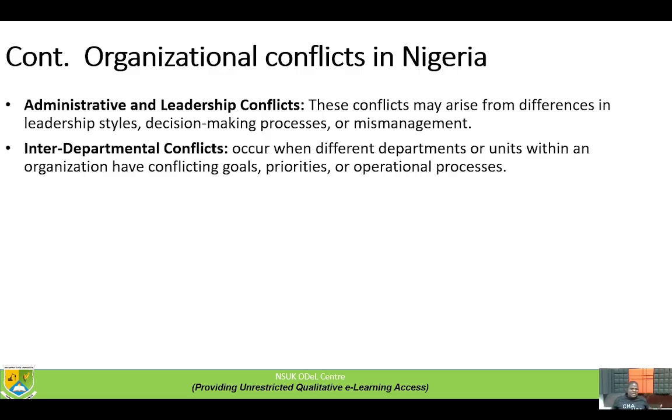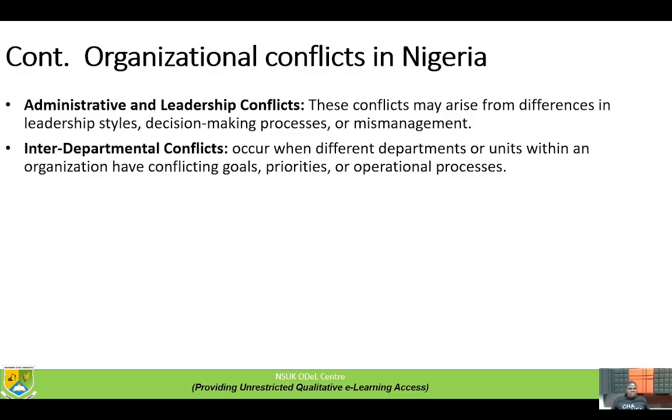It's expected that, just like one of the functions of management, the function of directing, all efforts, strength, and energy should be channeled towards one direction in arriving at a very common objective. But when various departments begin to look differently based on the roles and the goals of the organization, it has a way of affecting organizational interest. So priority is very important.